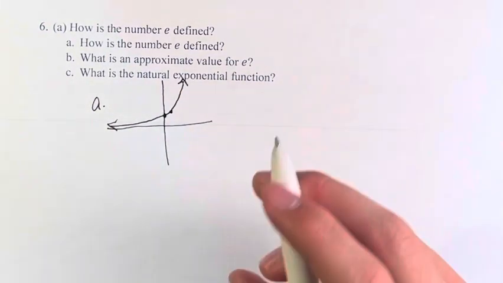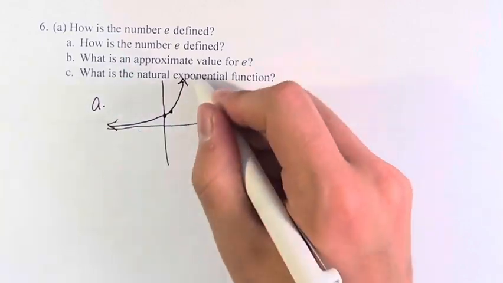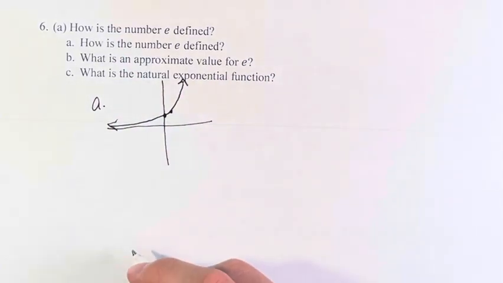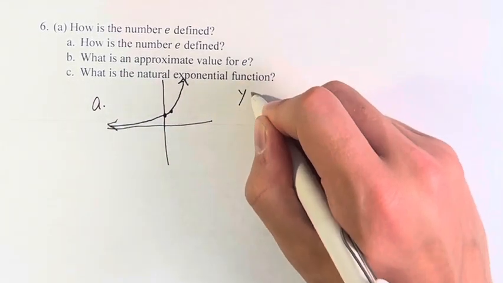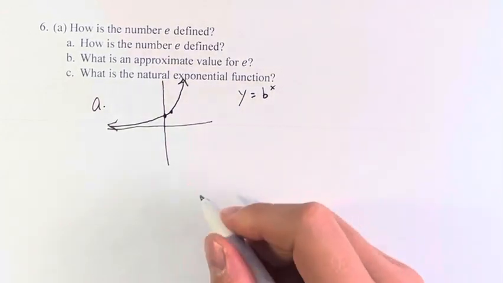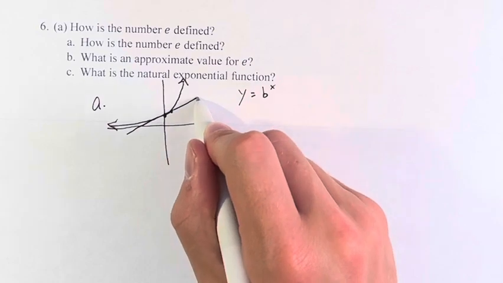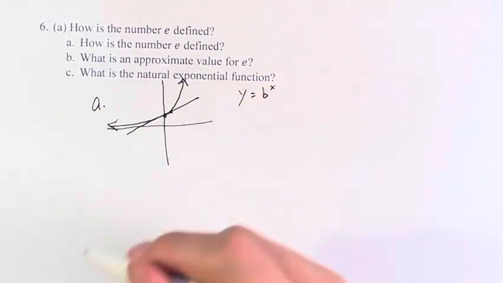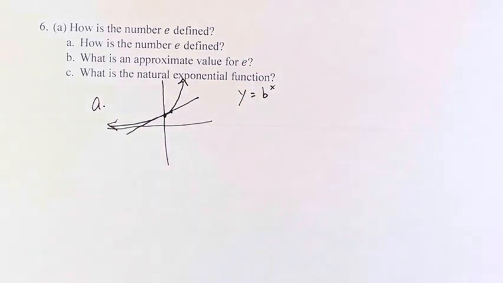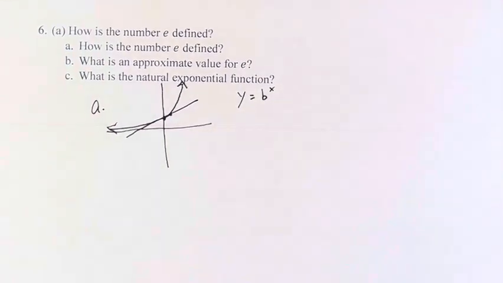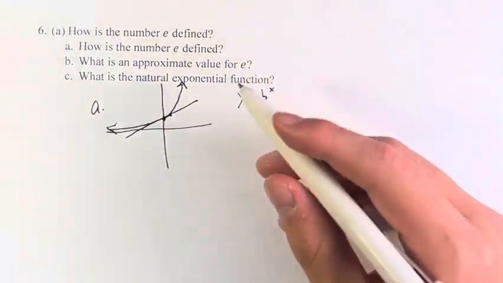And what was found is that for any particular base you put in, right? So this is y equals b to the x, right? For some b, every one has a different tangent line slope. And what was found was there was a value for which the slope of the tangent line